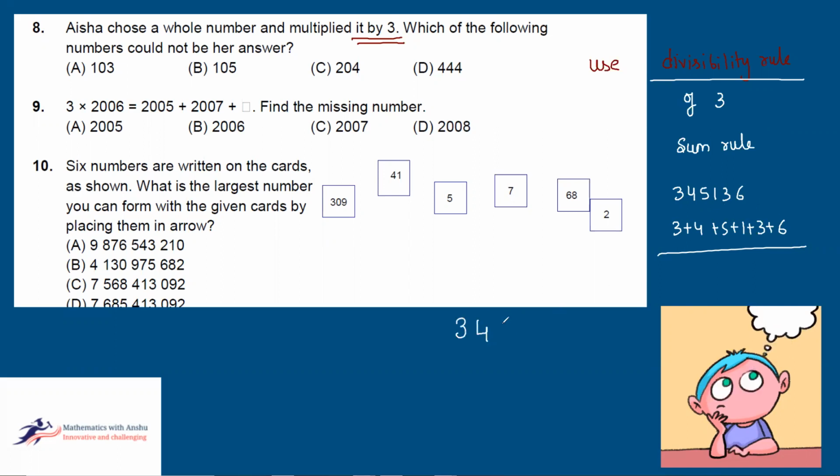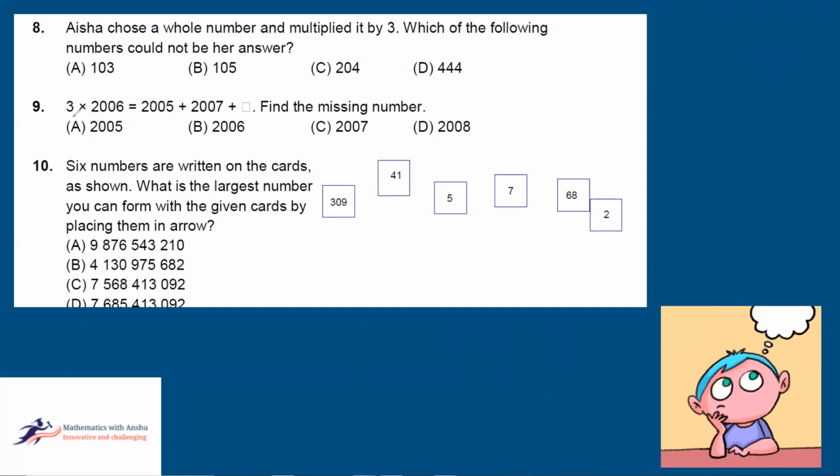So I'll suggest you go by this: whatever the factors of 3, you cancel them. See, 3, 6, 3 straight away cancel. Now 5 plus 1 cancel because it will be divisible by 3. Now left over is 4. Is 4 divisible by 3? No. So this number will not be divisible. Same method we are going to use here. 4, 4, 8, 12. Divisible? Yes. 6? Yes. 6? Yes. This one 4. Not divisible. So this will be the answer.